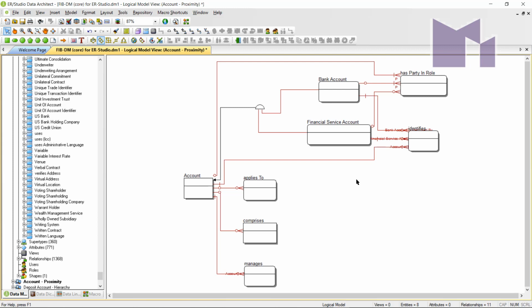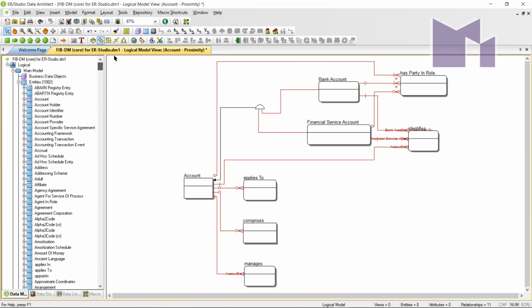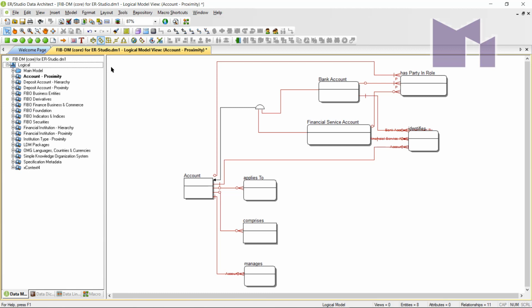Now this is fine. This could be exactly what I want. But there is another kind of diagram that my PowerDesigner extension can create. That is the hierarchy diagram. So for example, if I run this in PowerDesigner, select the account entity, it will give me all the subtype structure below account. And if any of those entities are also subtypes of something else, those structures will appear as well. So you can imagine,